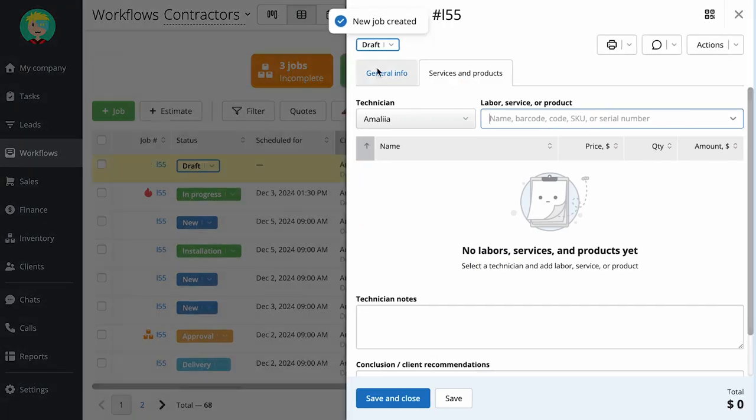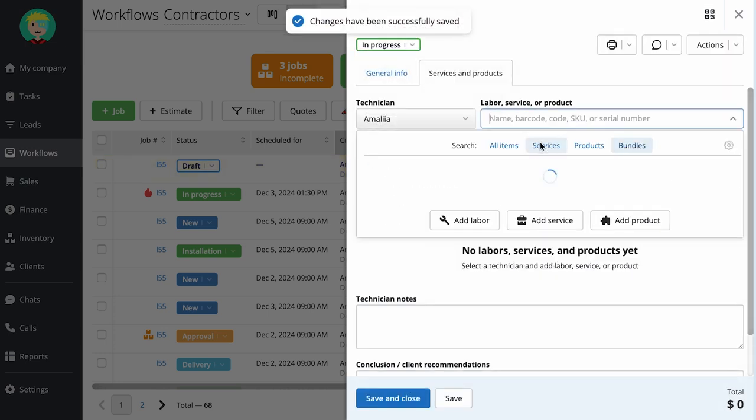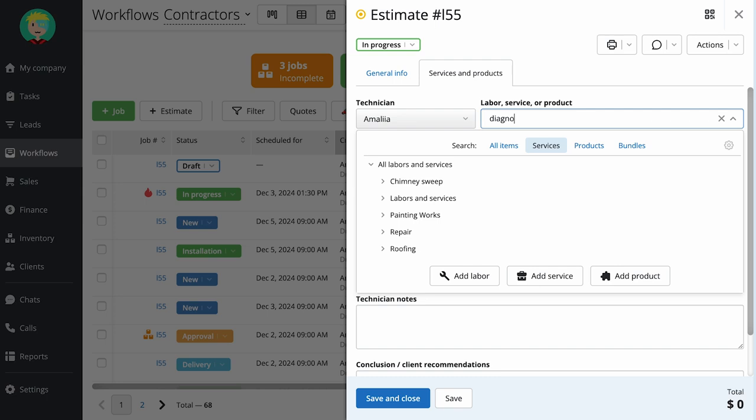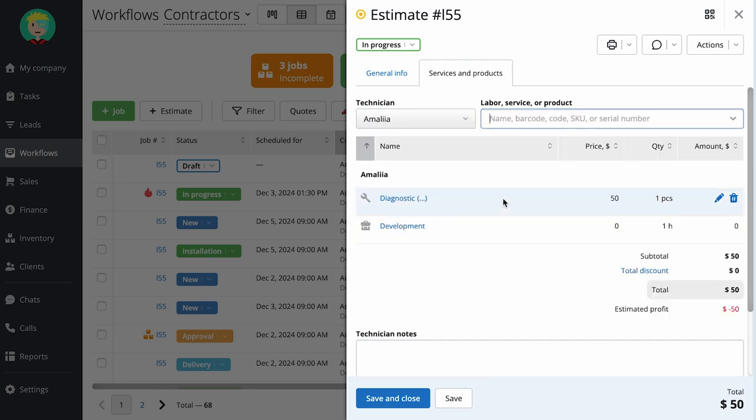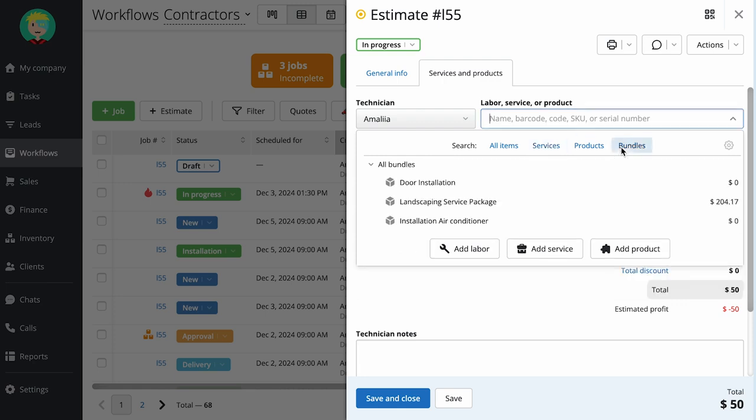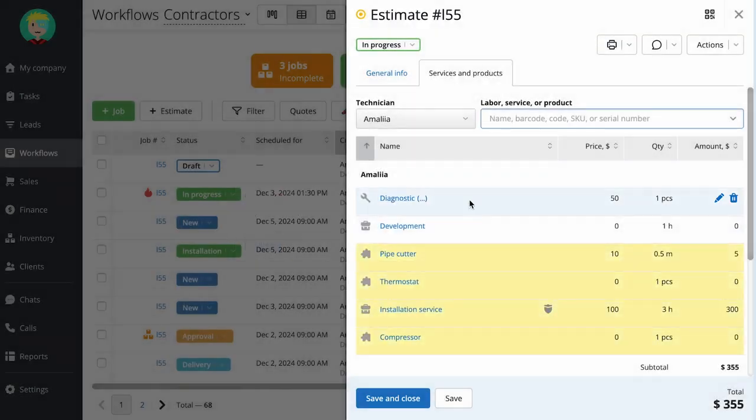After that, change the status to In Progress and add all necessary services and products. I will add Diagnostic, Development, and the needed package of products. For this, I will use bundles. I have the bundle created earlier, and when adding it, all products that I need for this job will be